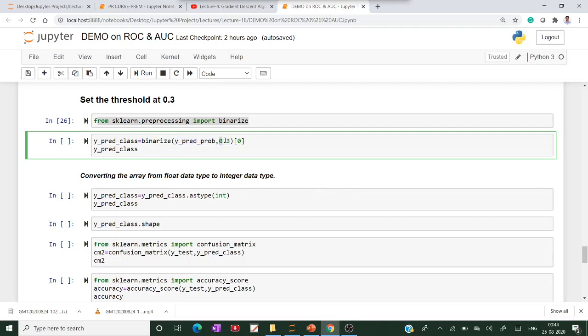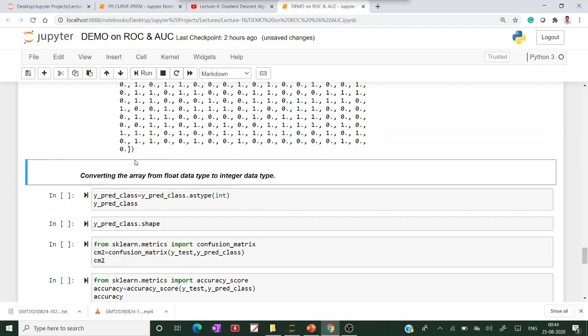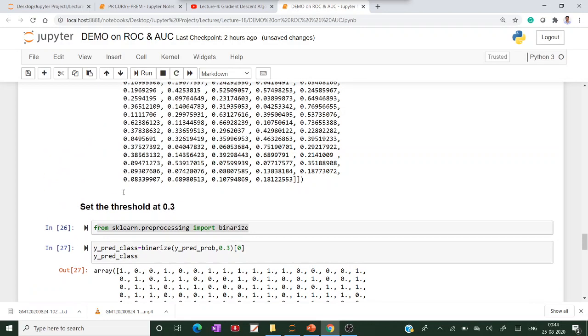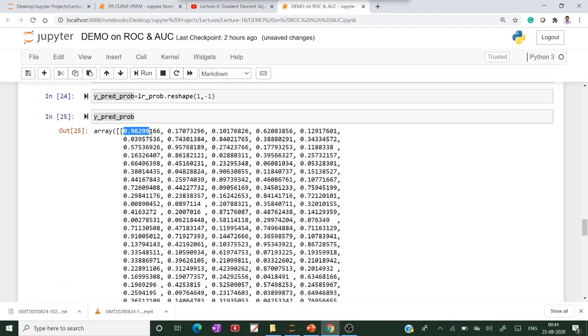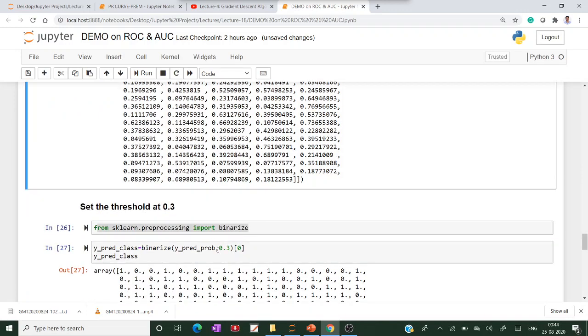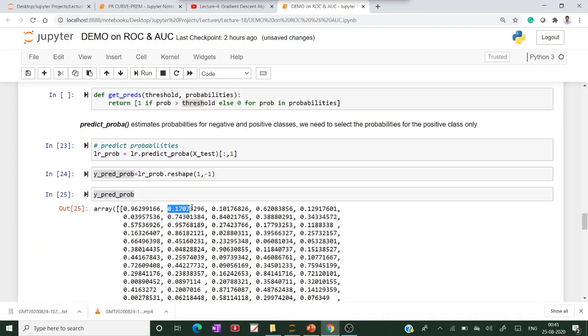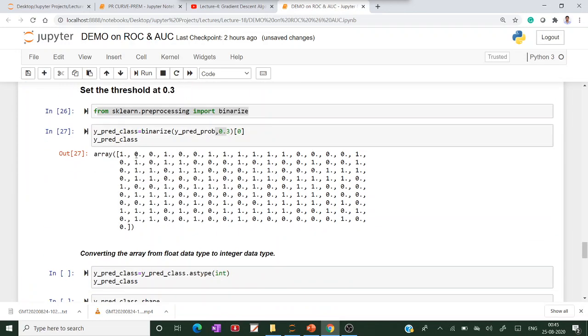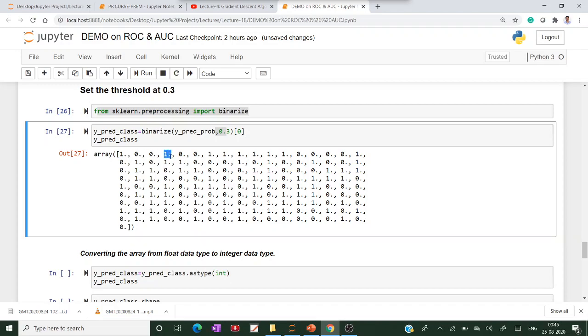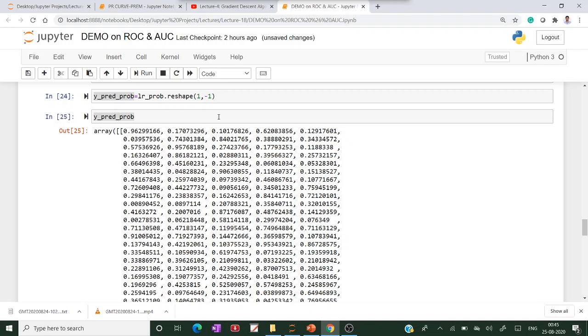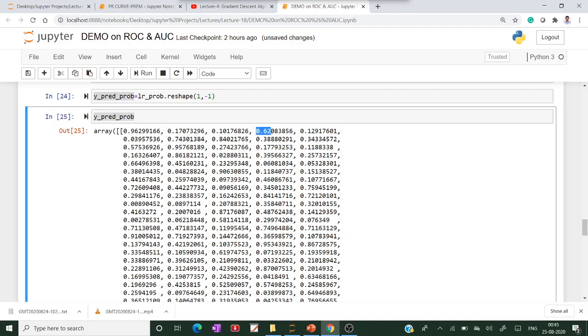Here I set my threshold value manually to 0.3. If you see, 0.96 is greater than 0.3, so this value will be 1. 0.17 is less than 0.3, so these two values will be 0, 0, and this value will be 1, because the probability value is greater than the threshold value.